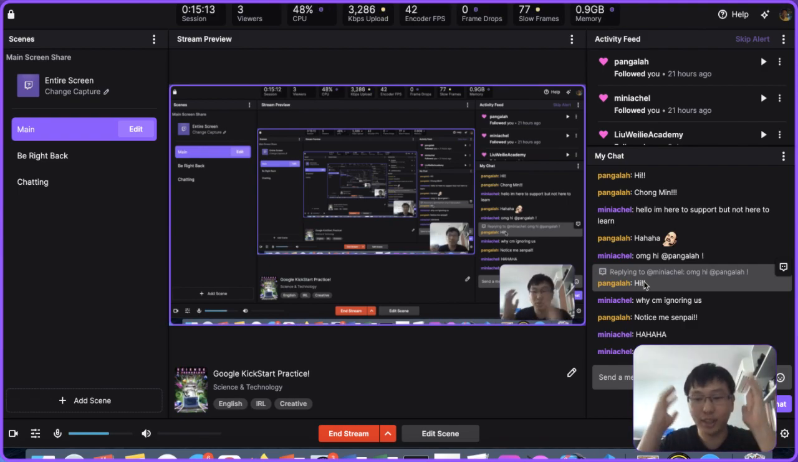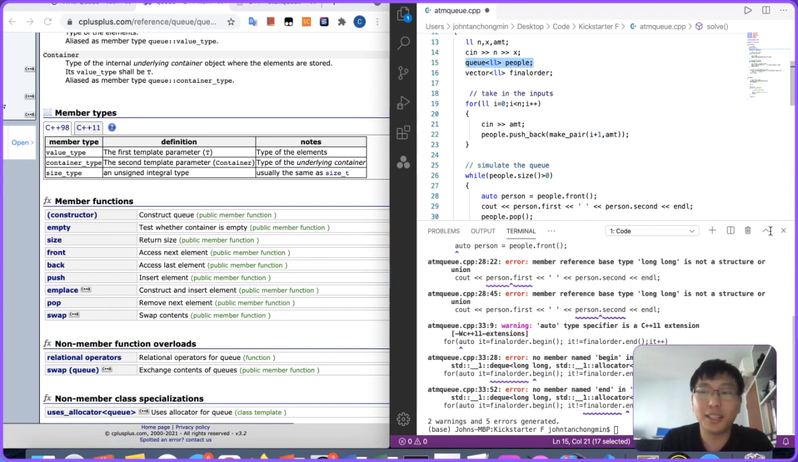I noticed that you all use headphones and everything. Yeah, I do have my headphones as well, but not really needed because there's no sound coming out from